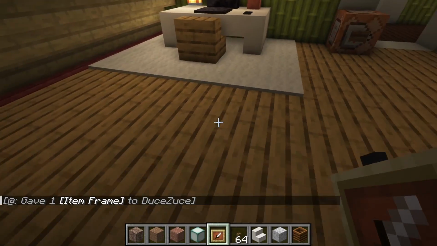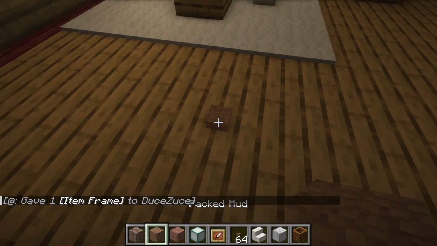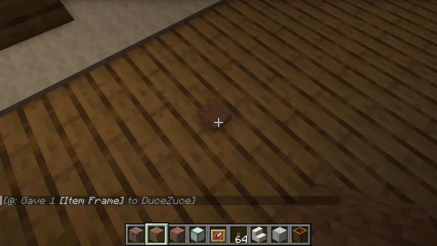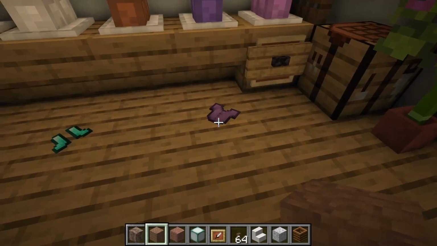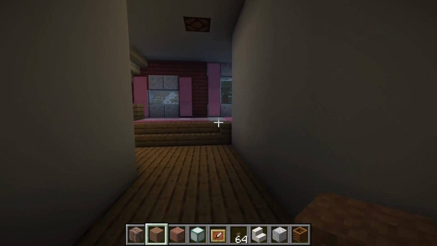You can place it here. You don't see it, but once you put an item over there, it's basically a minified version of that item, which is great for small decorations like this. And over here we have the girls' room,